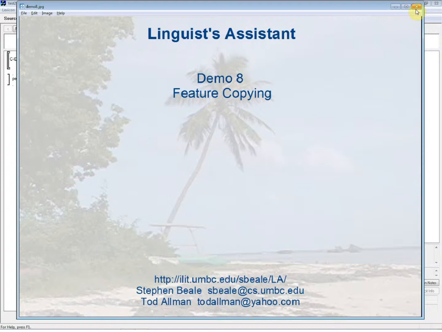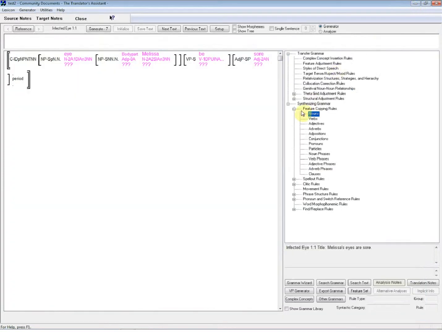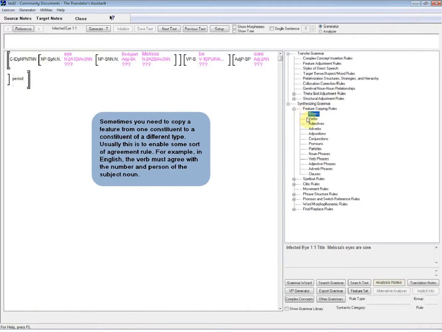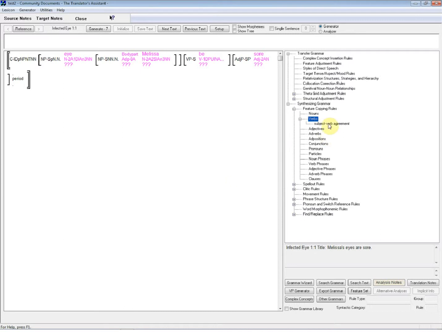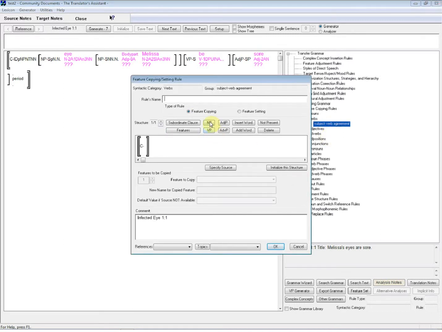Demo 8 is on feature copying. This is something that you want to do whenever there's agreement. So for instance, in English, there's agreement between the subject noun and the verb. So we're going to go in and write a subject-verb agreement rule that copies the person and number from the